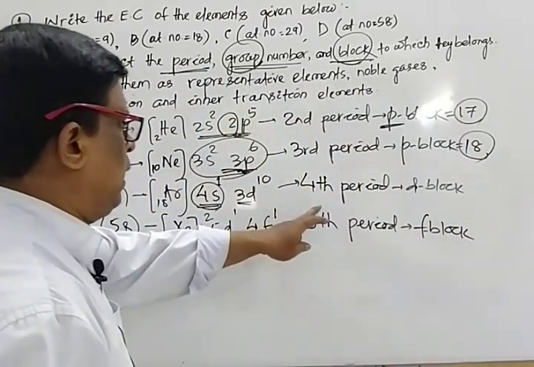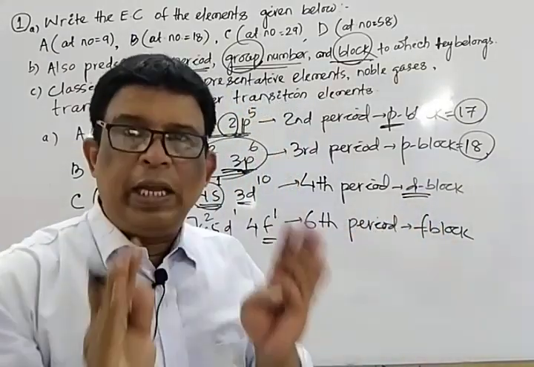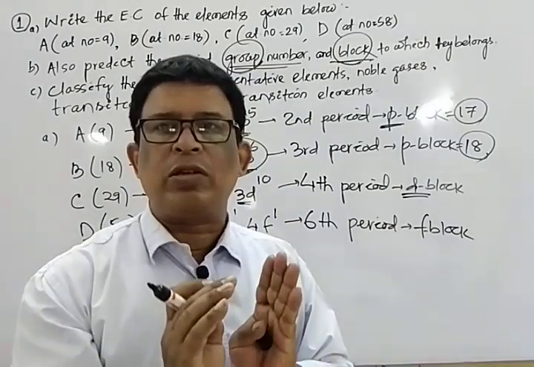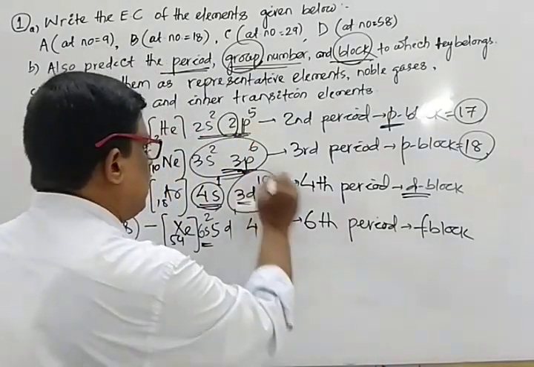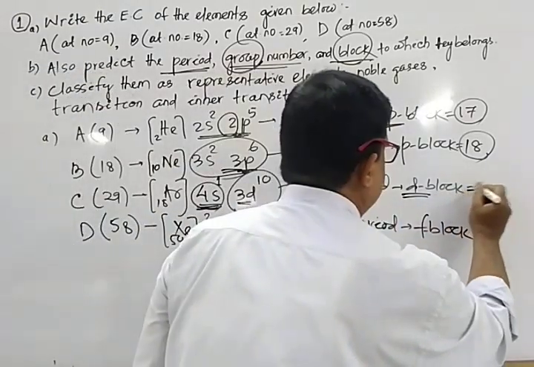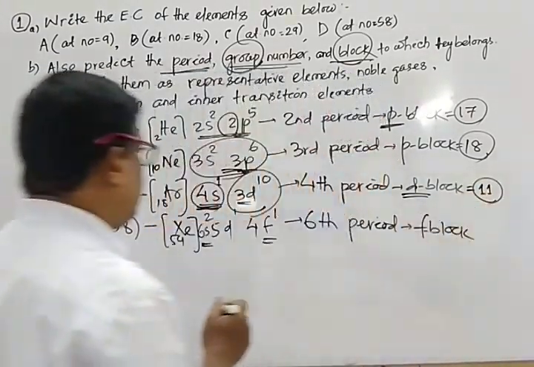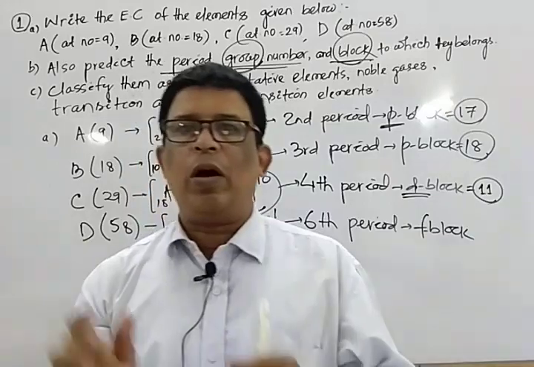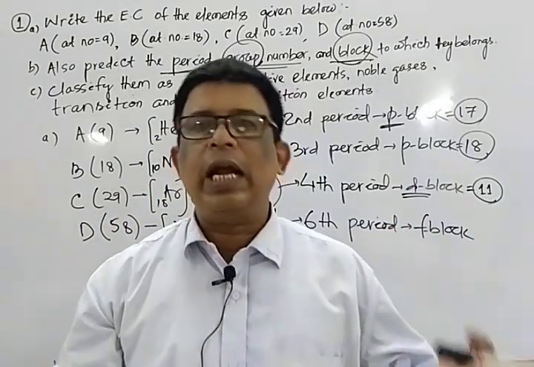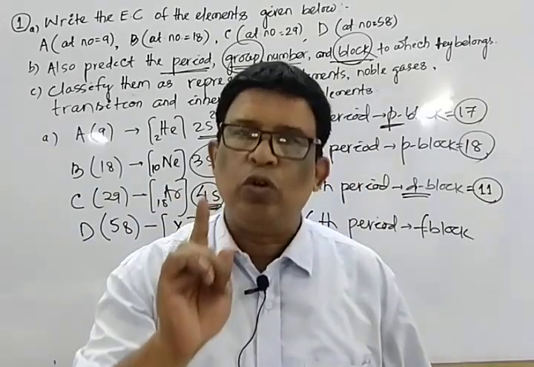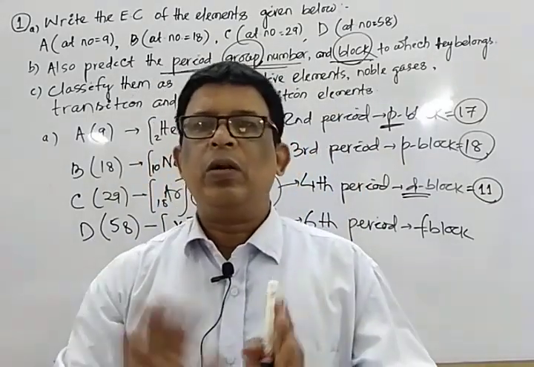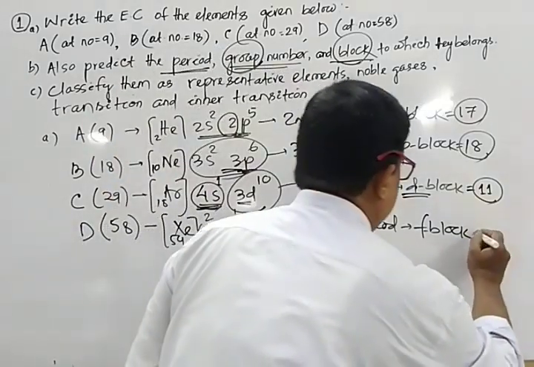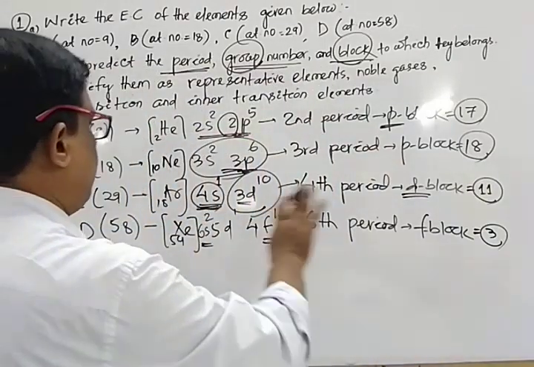Next, it is D block. For D block, the group number is the number of electrons present in the D subshell plus the valence electrons. D subshell 10 plus valence electron 1, that is 11. Group number is 11. And for F block, all the elements of the F block, that means two series, lanthanide and actinide, are present in group 3. So they have no different group numbers, only one, that is group number 3. Mark that.